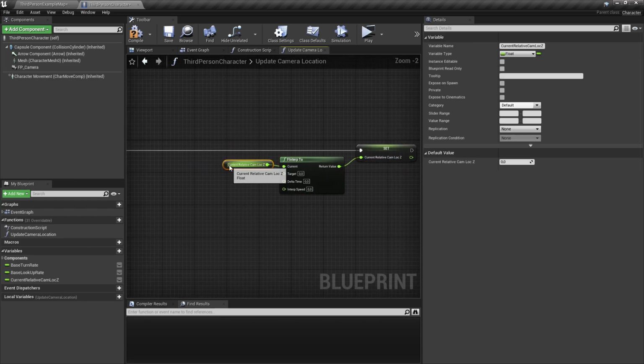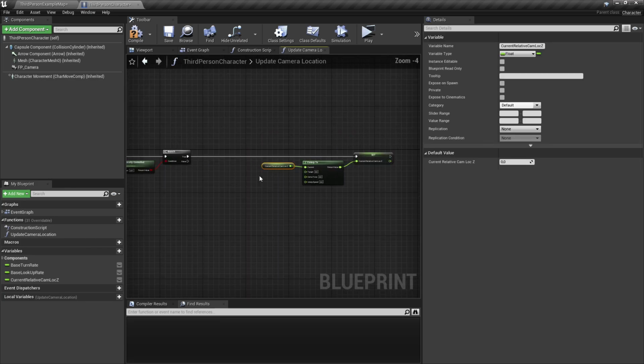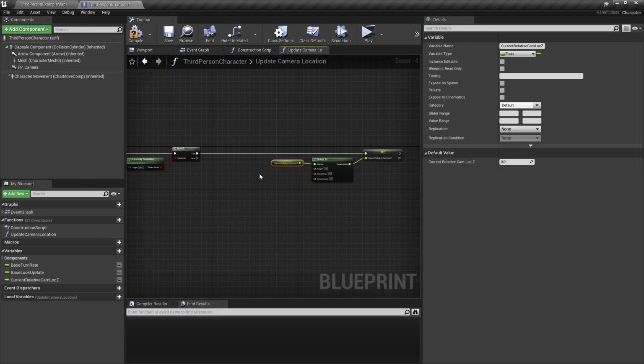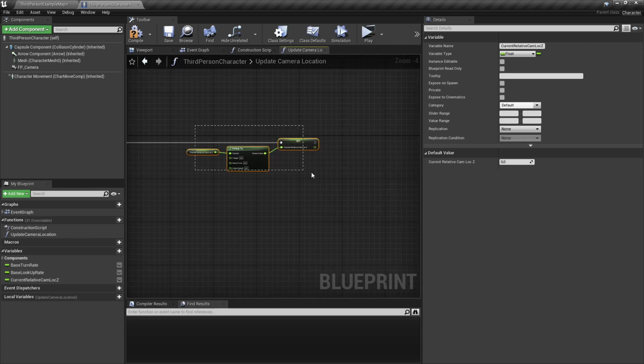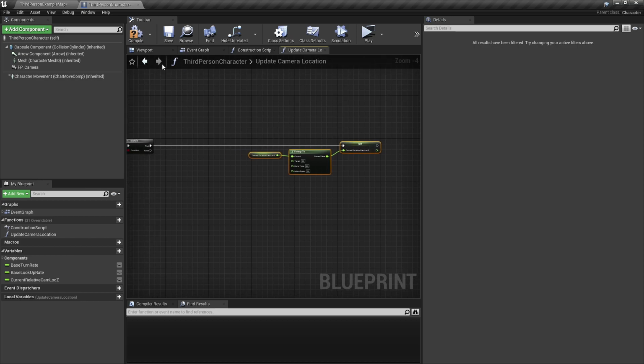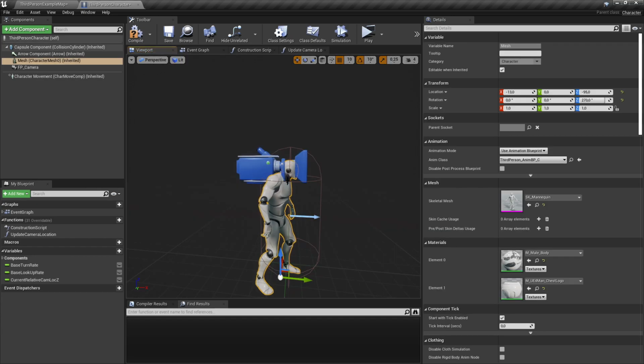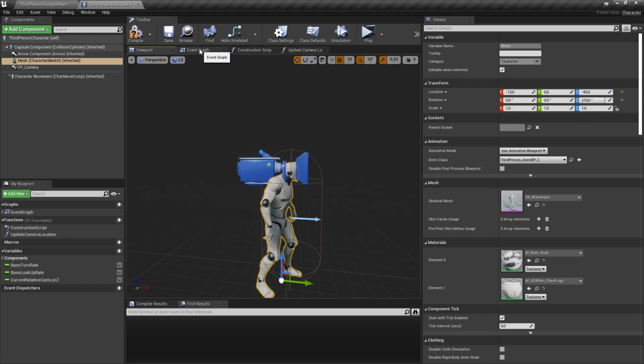And for the target, we're taking the relative location of our head's bone. So here with skeleton, if you have a different skeleton, open it up and look what's the name of your head. In this default skeleton mesh, it's just called head. So we go back to the event graph,